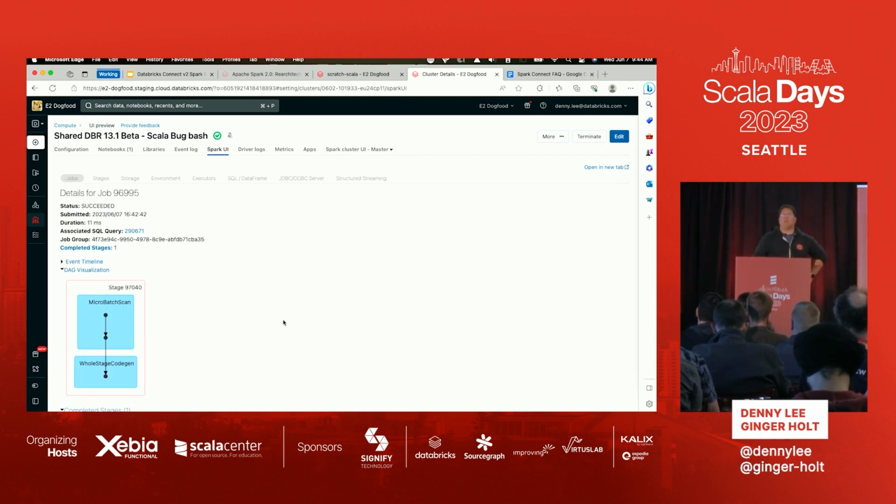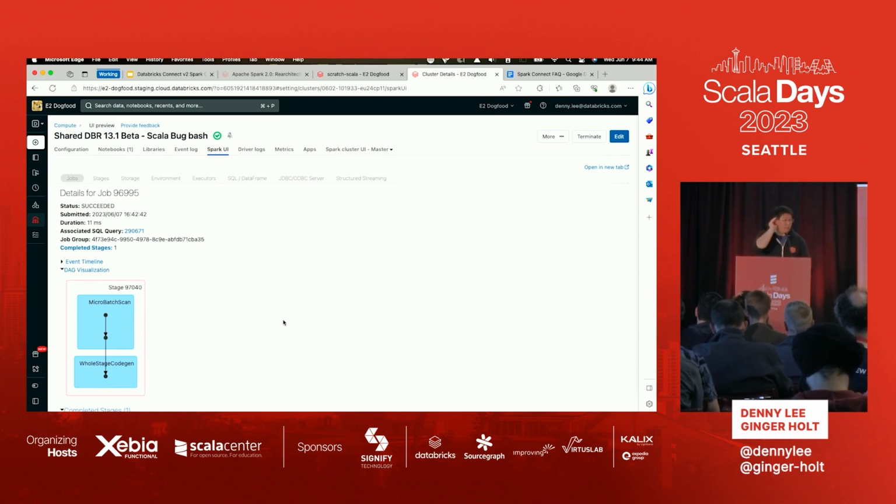Does that mean we can use Scala 3 on the client? Great question. Can we use Scala 3 in the client? Presumably you can use Scala 3. I have not tested it, so I'm not going to claim that it does work, but in terms of whether you can compile the code, yes, you can compile the code. I just have not validated that it works yet.